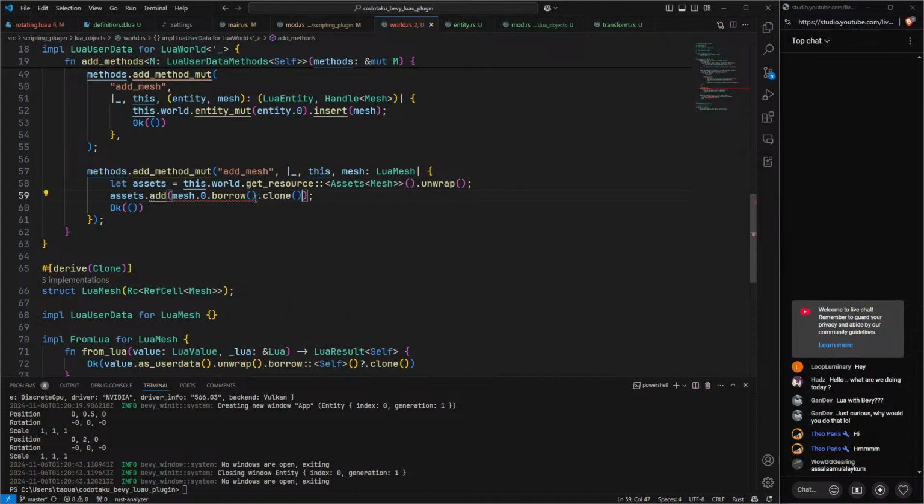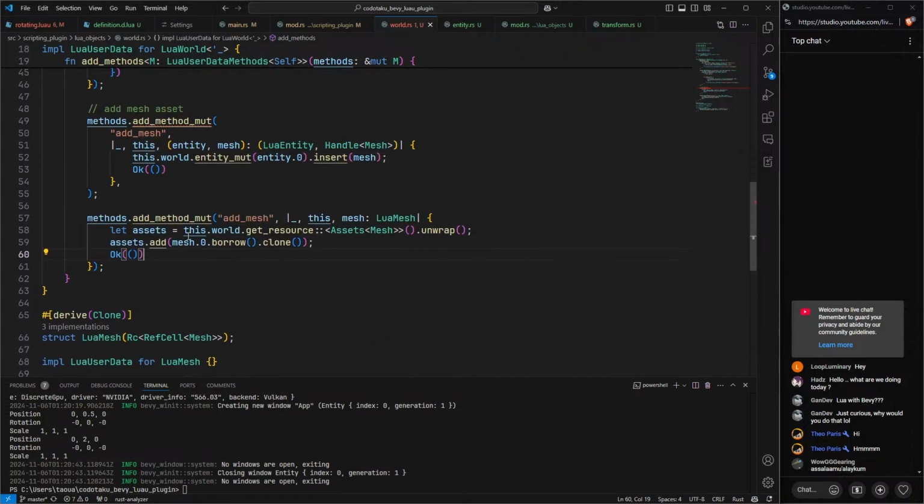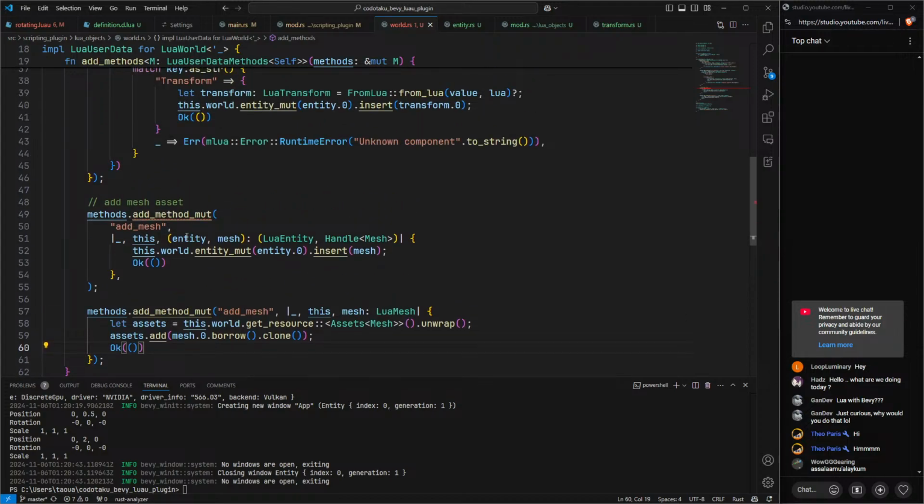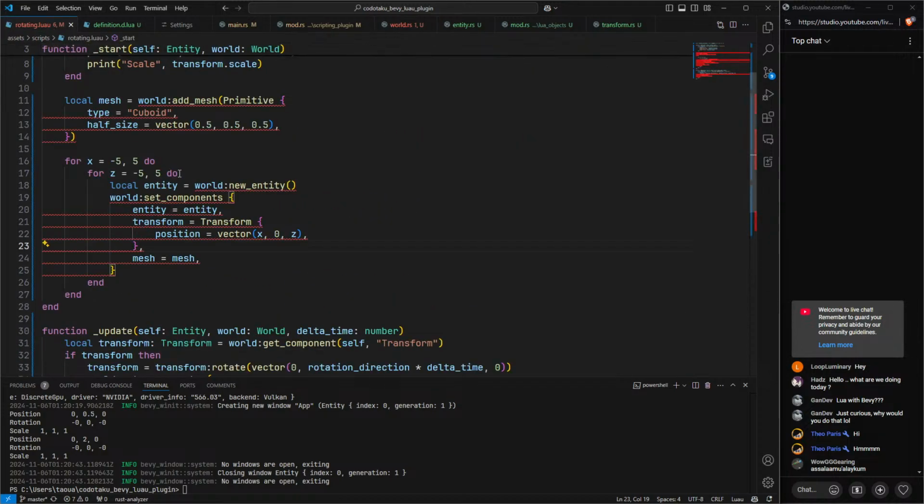Or maybe we have to clone it. I mean, can we take it though? I don't think we can. We have to make it an option. Well, good question. Let's just keep it as a clone for now. Alright, whichever. So now we gotta add mesh function, which should remove